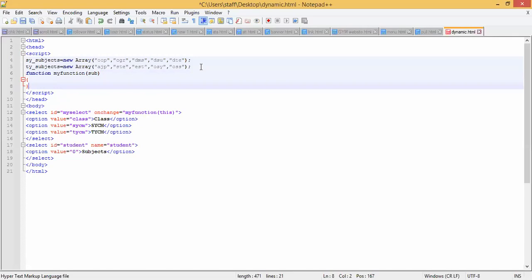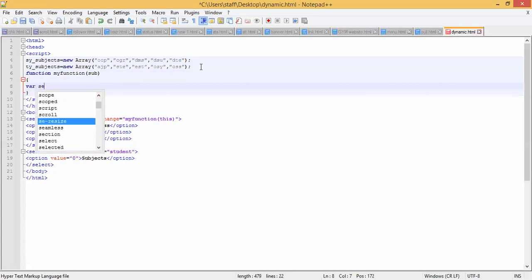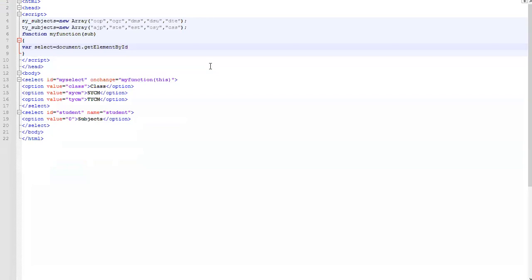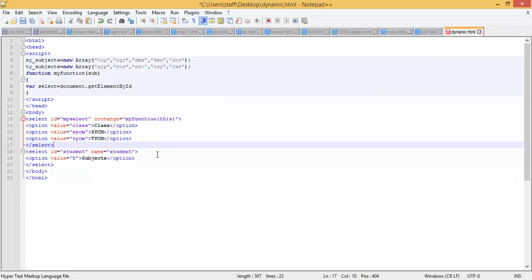In that I will be taking one variable, select, equal to document dot get element by ID.